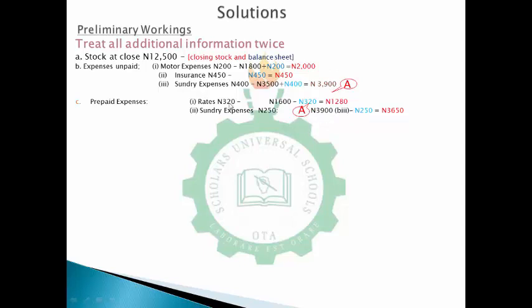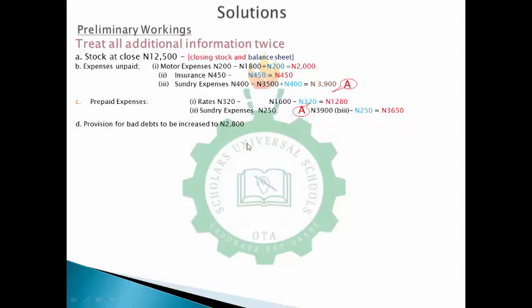So 39 minus, because the nature of prepaid expense is to deduct it from the amount on the trial balance. So 250 minus 39 would give us 3,050. So 3,050 is now the amount I'm posting to my P or L, then 250 to my current asset on my balance sheet. I'm moving to the next part, which is provision for bad debt is to be increased to